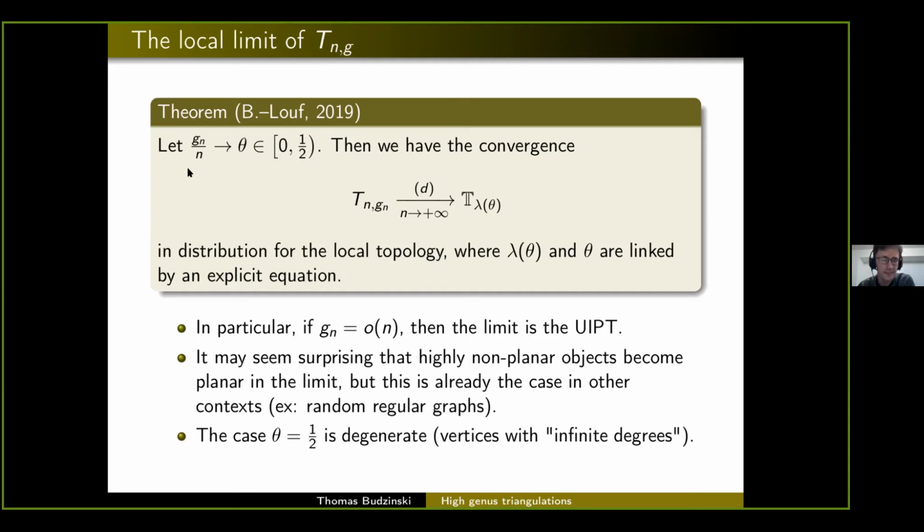Right? Yeah. So here n is half of the number of triangles. Okay, got it. Sorry, I had not understood. Now I get it. Yeah, n is half of the number of triangles here. So the ratio between the genus and the number of triangles cannot be larger than a quarter.